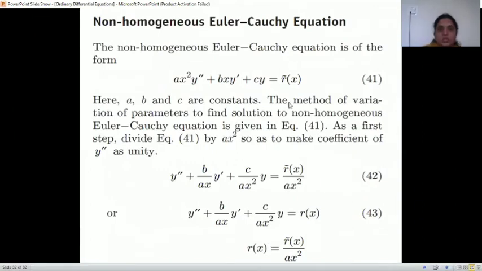Next is non-homogeneous Euler-Cauchy. That is, if the equation is ax square y double dash plus bx y dash plus cy is equal to some function r of x, which is non-zero, right? If it is zero, then it is homogeneous, and non-zero, then non-homogeneous. Then we have to write the equation, that is y double dash. We have to divide the equation by ax square. We'll get this equation. Where,